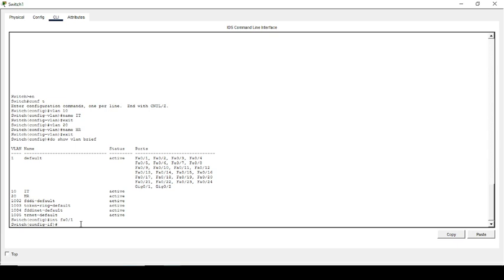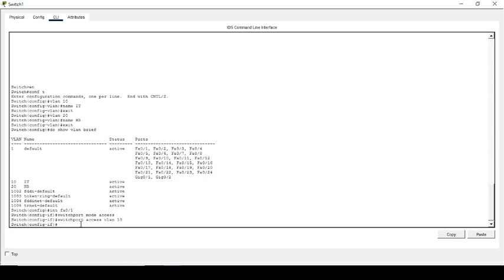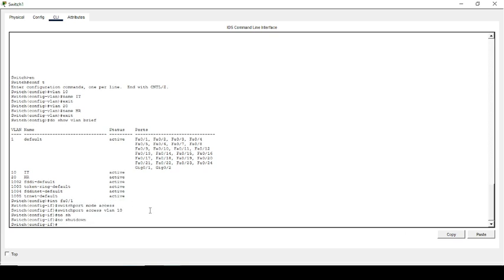Then we use the switchport command. Switchport mode access. Switchport access VLAN 10. No shutdown.